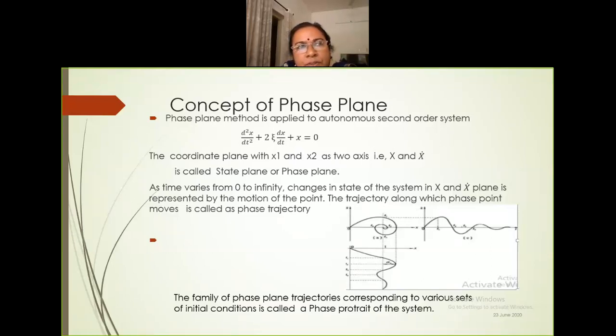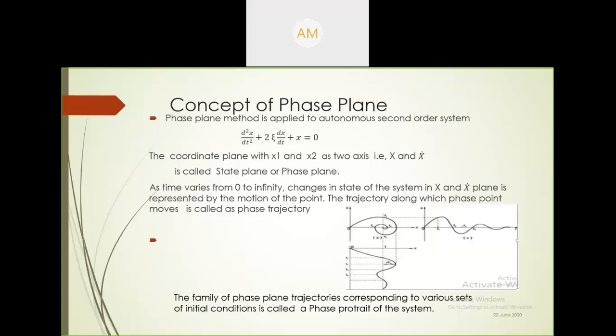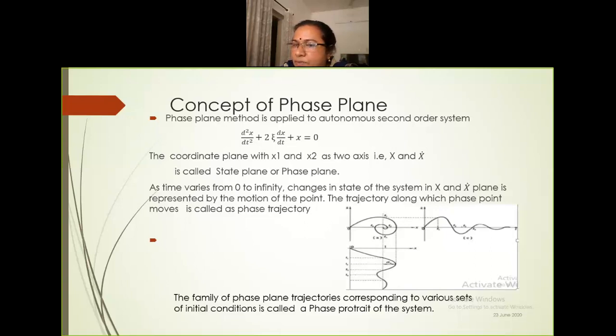The trajectory, once more. Phase plane, which are the two axes? x and x dash. That is, we are familiar with the coordinate axes x y, isn't it? Yes or no? Right. Then instead of x y, we are having x and x dash. What are this x and x dash? These are the two state variables. Why two state variables? We are dealing with only a second order equation. Then only two state variables. You want the point at x and x dash.